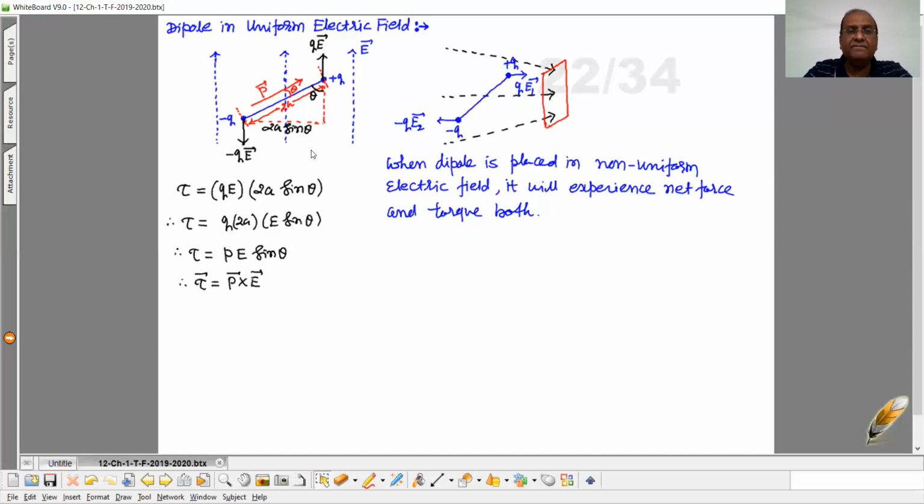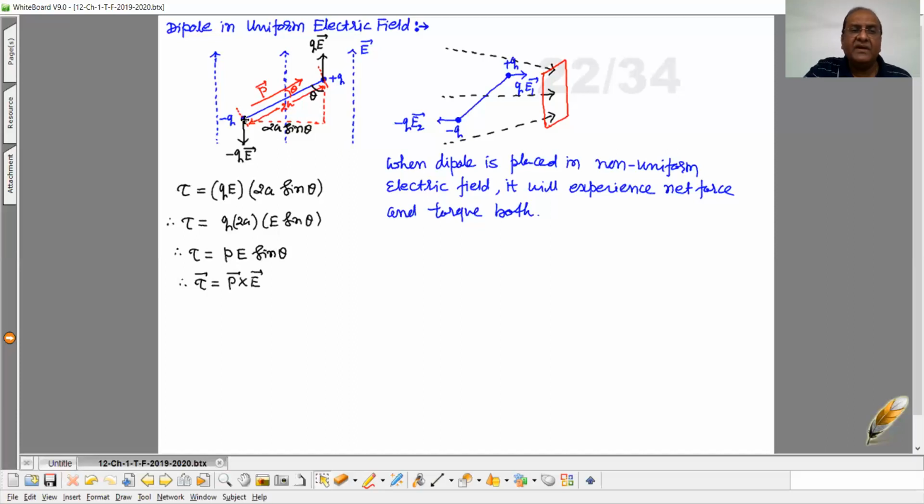But now see here, two forces are acting. These two forces are equal in magnitude and opposite in direction. So net force will be zero, but these two forces are not collinear. It implies that it will form a couple, and now it will produce the torque. Clear? So here, due to net force that is zero, there will not be the translational motion of the dipole. But due to torque, we'll get the rotational motion. So now, here, the torque, how much is it? See here,